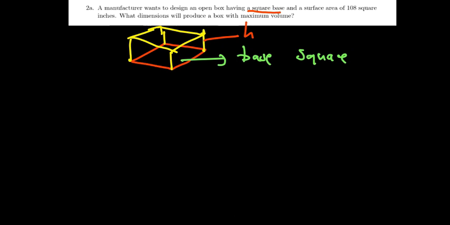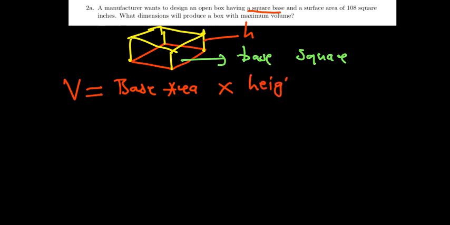Now what do they want us to find? They want us to find the dimensions that will produce a box with a maximum volume. So the volume is of course going to be the base area multiplied by the height to give us a volume, and then of course we've been given some information about the